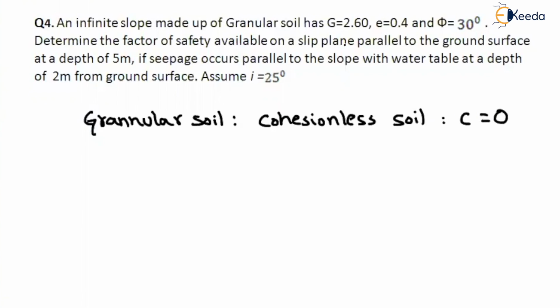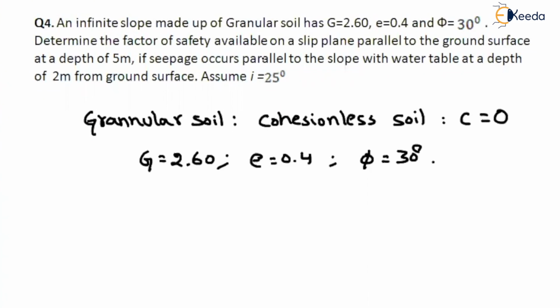And what is the given data? Properties of the soil: G is given as 2.60, void ratio is given as 0.4, and angle of friction is given as 30 degrees. After that, what we have to find? We have to